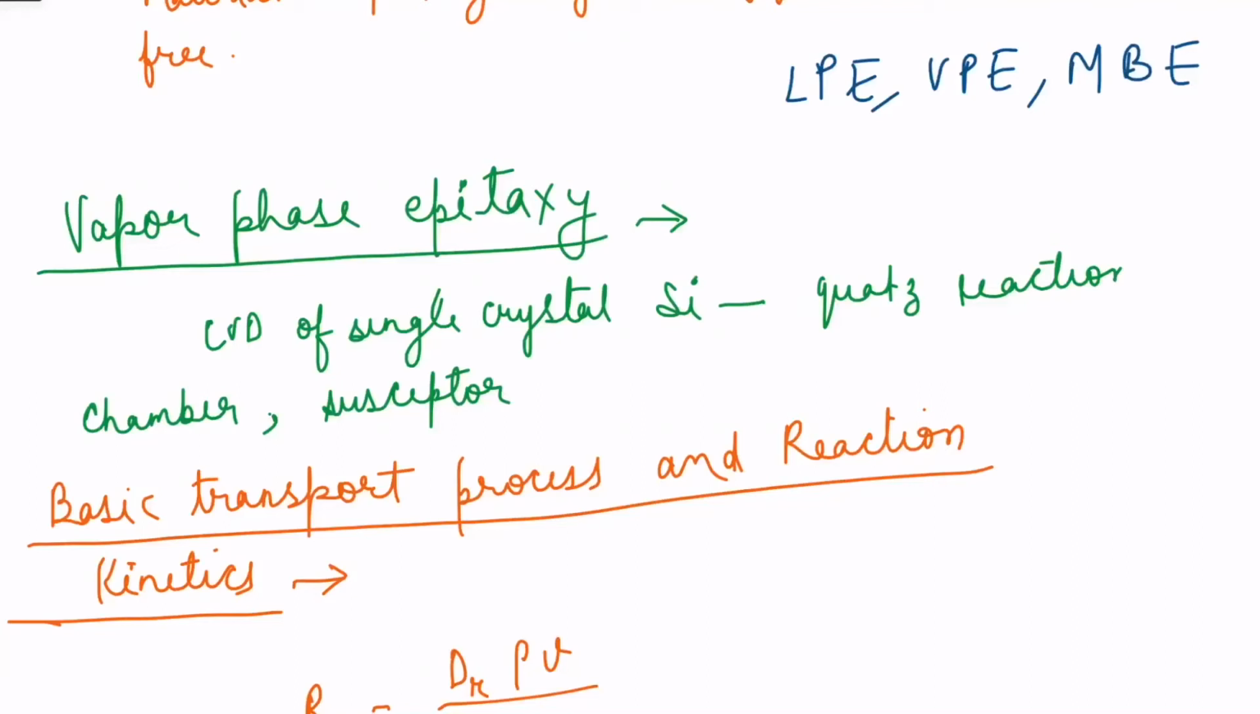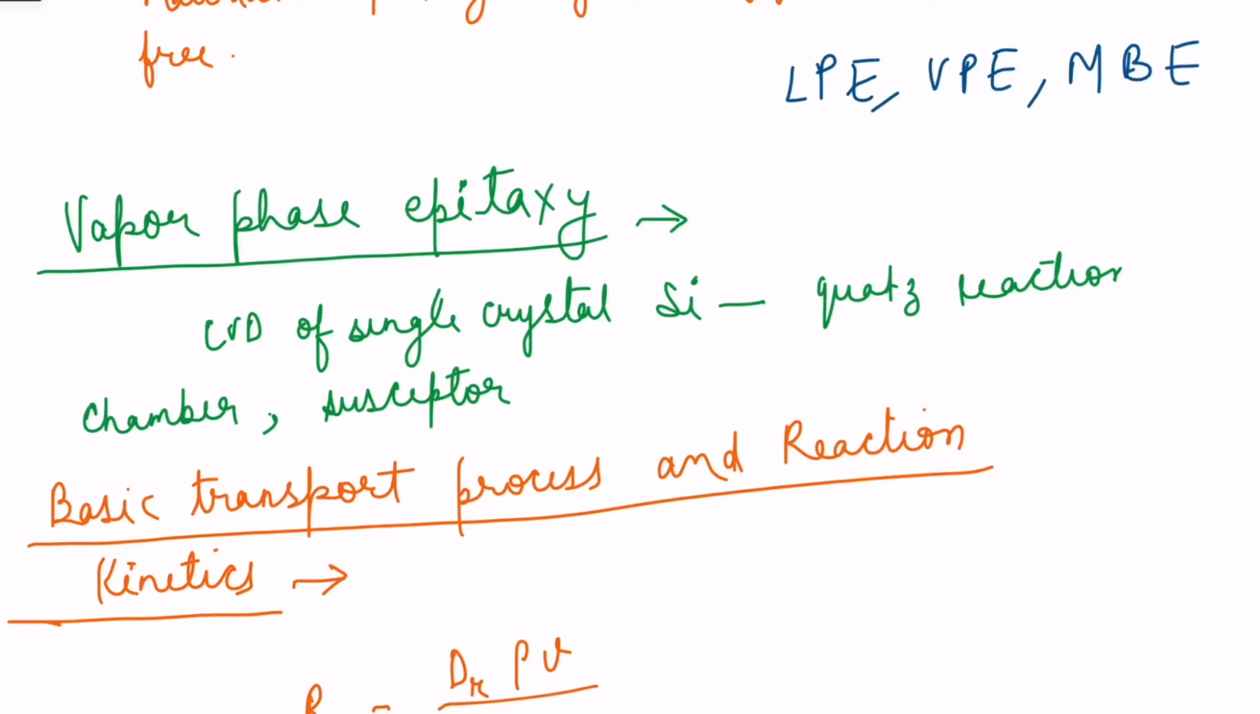There are a total of three types of epitaxial technique to grow an epitaxial layer. The first one is LPE, liquid phase epitaxy. The second one is VPE, vapor phase epitaxy, and the third, more advanced technique is MBE, molecular beam epitaxy. So for silicon epitaxy, we generally do not use liquid phase epitaxy, as its name suggests that